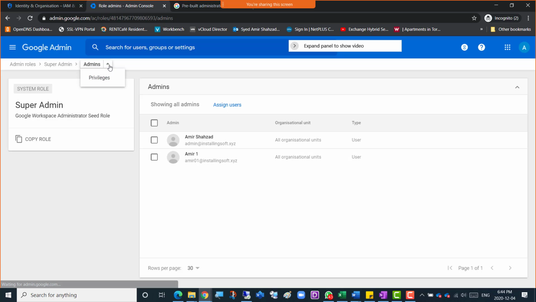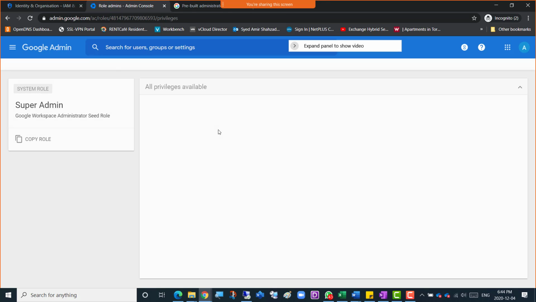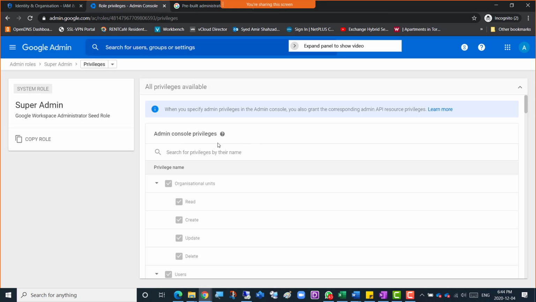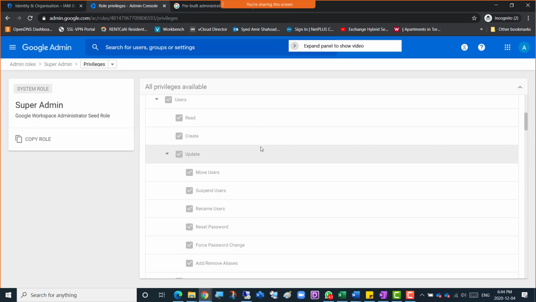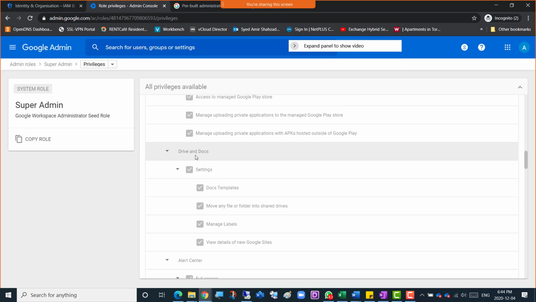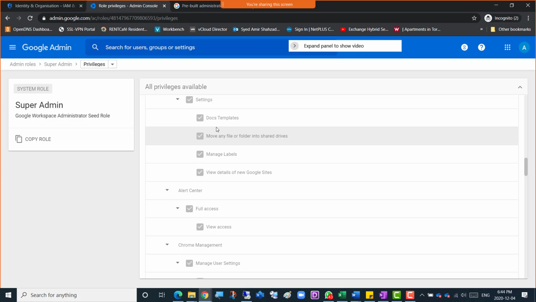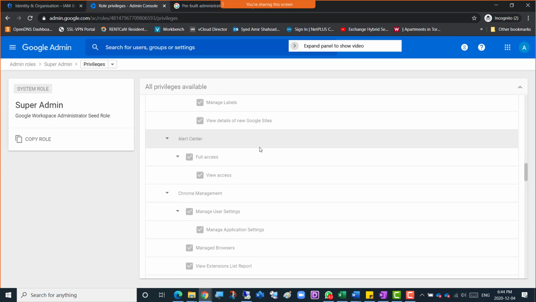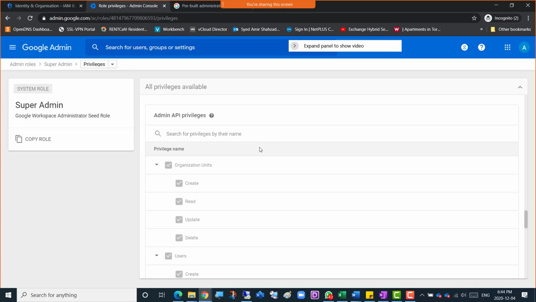And on the left side you can see admins, and then there are privileges here. So if I click that, admins, and then privileges here. Admin console privileges: when you specify admin privileges in the admin console, you also grant the corresponding admin API resource privileges. API resource privilege just means that admin connecting to this admin area. And these are the whole privileges here: alert center, drive and docs, docs templates, move any file or folder, manage. So it just gives you a long list of the privileges you have